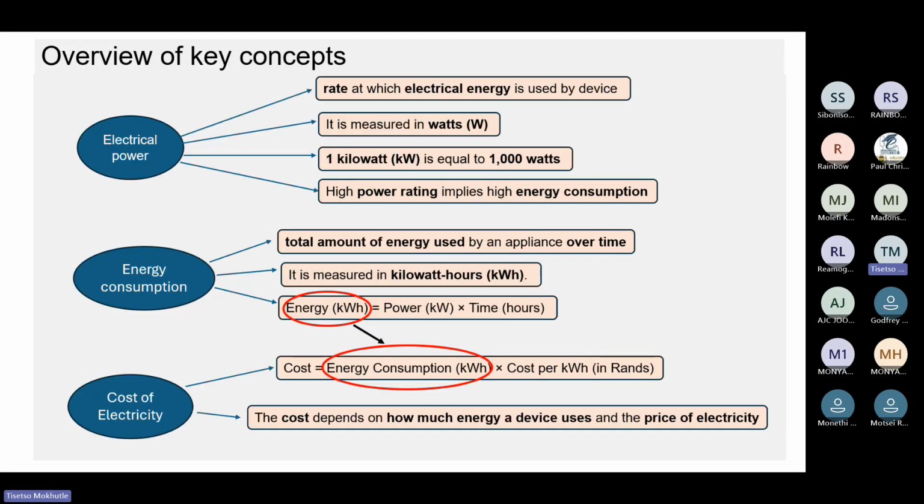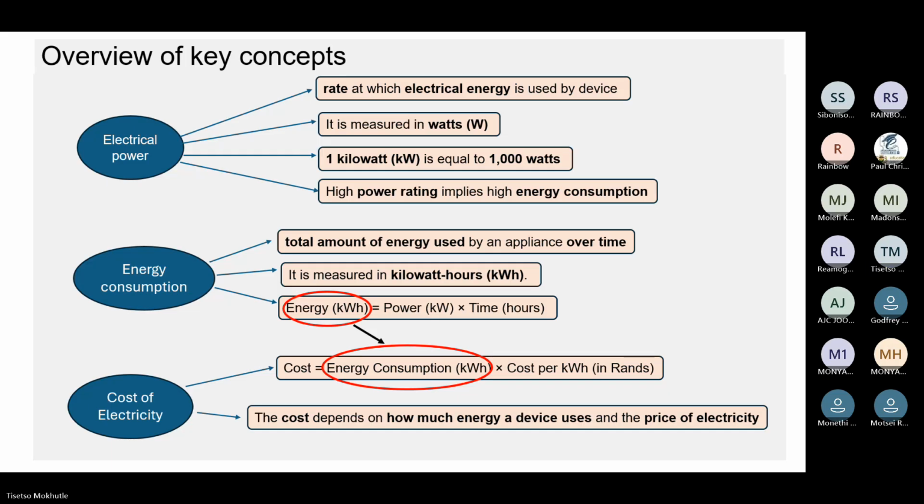Right. Let me just come to the summary now of these concepts. Remember, electrical power is the rate at which electrical energy is used by the device. It is measured in watts. 1 kilowatt is equal to 1,000 watts. The higher power rating implies high energy consumption. What about energy consumption? Total amount of energy used by an appliance over time. It is measured in kilowatt hours, and it can be calculated by the formula energy is equal to power multiplied